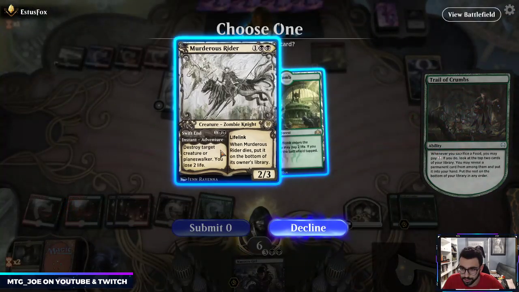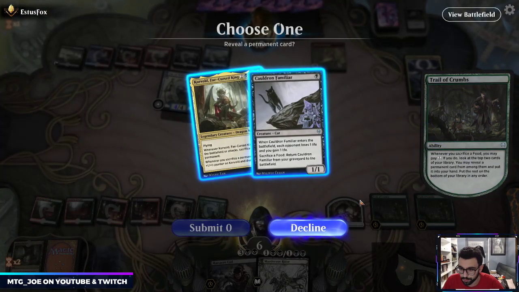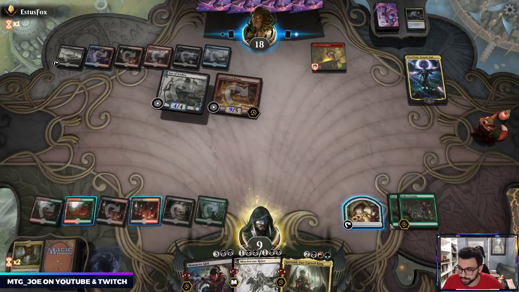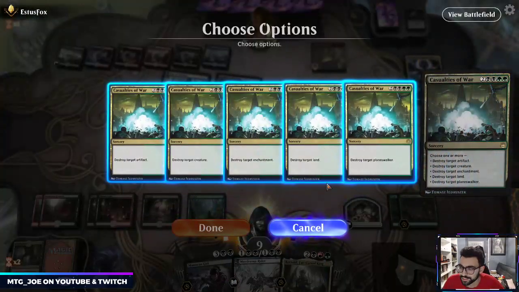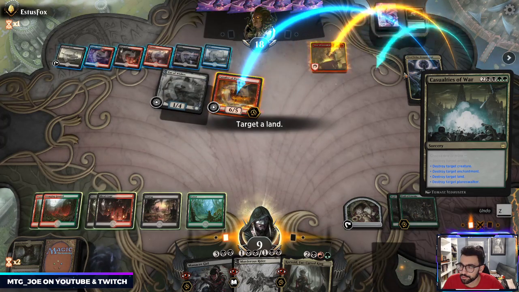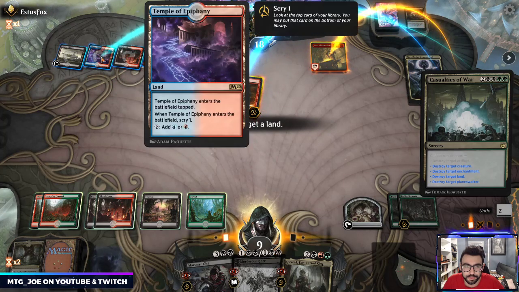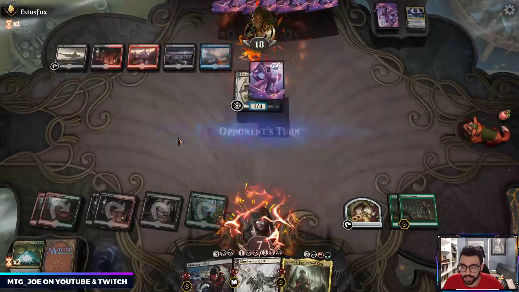And now I'm naturally... Okay, Murderous Rider's a thing. Korvold. Also something. So good. So good. Planeswalker, land, enchantment, creature. Buy Cavalier, buy Fires. They only have 1 blue source, so I'm actually going to get rid of that. That turns off Narset. It turns off...